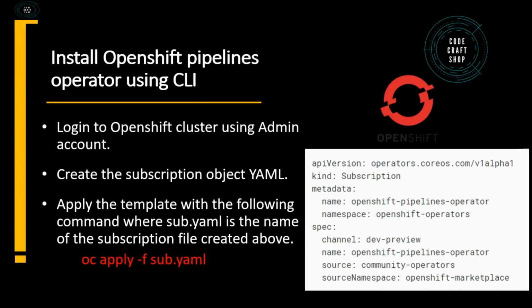And one more thing about OpenShift pipelines using Tekton is that it is a developer preview, which means it is not ready for production environments, so it is not advised to use it on production because we will not get any support from the Red Hat team. It is currently in development phase, so we will use it only on developers' machines or environments where there is no scope for production.